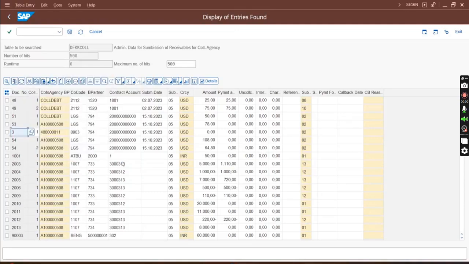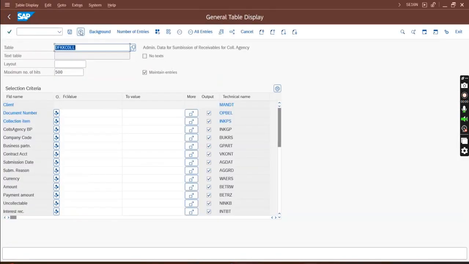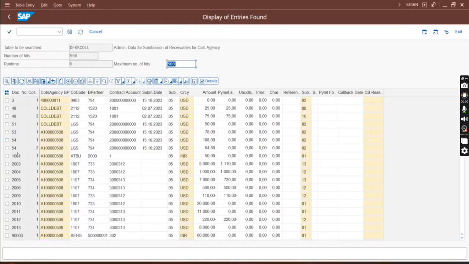Okay, agreed. Now the changes are done. So I come back and I go inside. See, my 3 entry came, or whatever changes I did. This is one way of debugging. So if you are using AC16N, you can debug this way, or if you're using AC16, there is /n AC16.